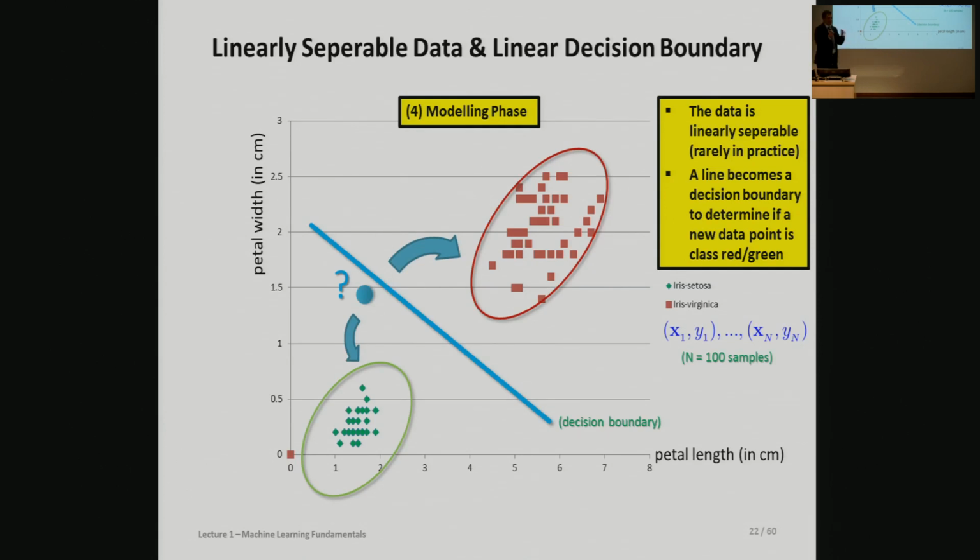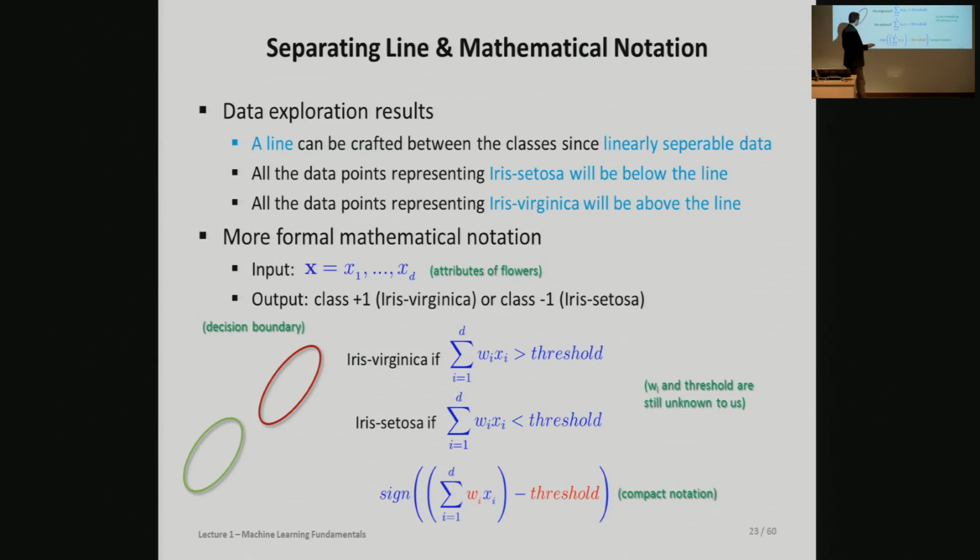However, it's not exactly function approximation. Some people perhaps know function approximation. It's a topic which is very similar. However, here we learn from the existing examples to be good for generalization, so out of sample is most important. This is in sample, these two, this is out of sample, and we want to be good for that. This is what we want to talk about in machine learning. So how we create a line, I think most of you will know that mathematically. Let's go quickly through how we create this decision boundary.